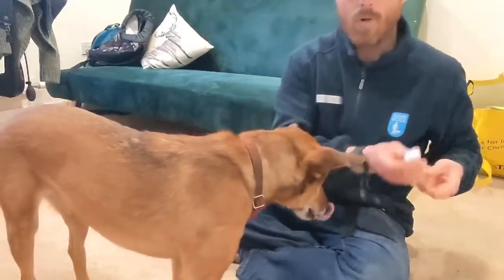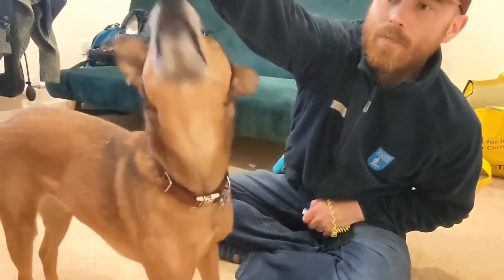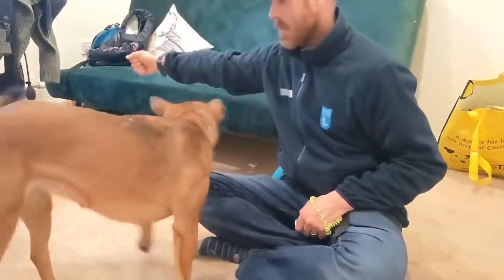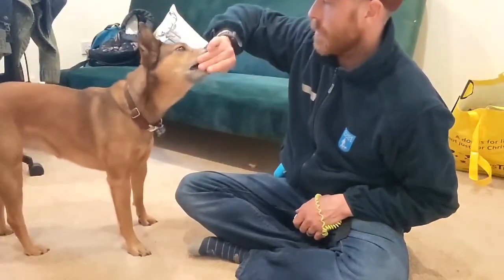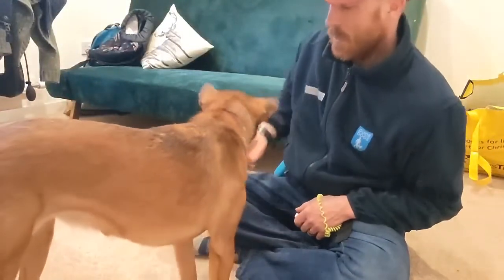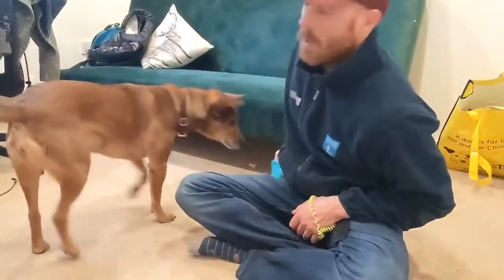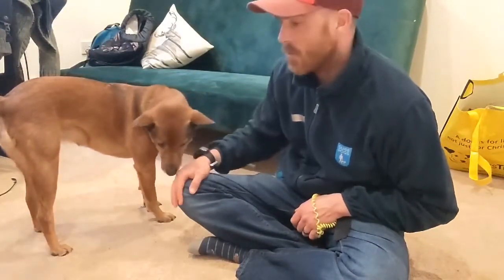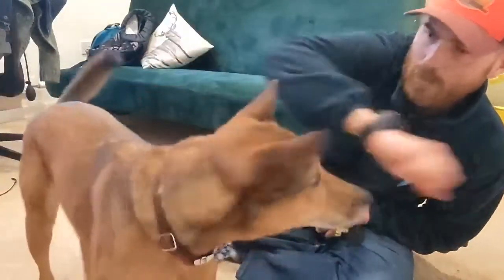The other thing you can do is just swap what hands you're using for it as well, to check that they understand it. Start to increase the movement with it as well. And at this stage you don't have to say anything. Some people introduce the cue now, touch. Some will introduce it a bit later. The idea behind it is that you introduce it once you're 100% sure that the dog's going to do the behaviour as well. Touch. Obviously Tui